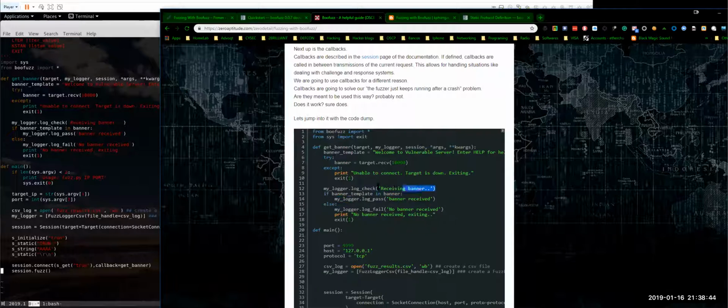So that means that it was trying to get a banner because that was successful, and then if it got the banner, right? It's gonna log banner received. So that means it's working, right? And then if the banner template is not the same as the banner, it's gonna say no banner received, which is not really accurate because maybe you did receive a banner, it's just that it doesn't look the same. So maybe you did receive a banner, but it's not the one that you were expecting. And then it's gonna print no banner received exiting, and then it exits,